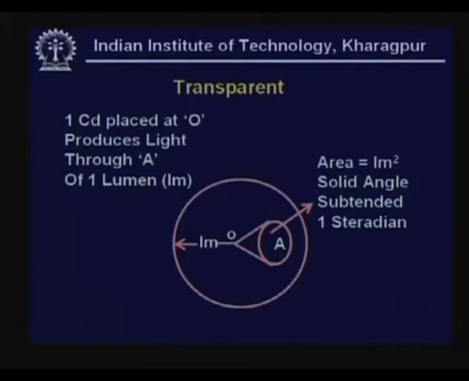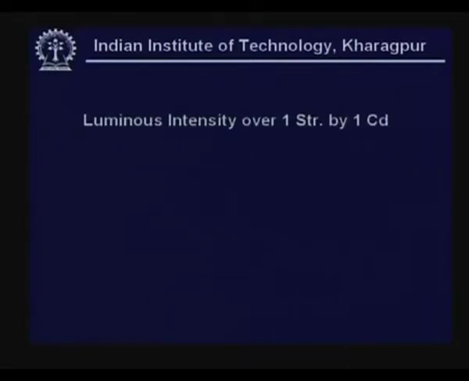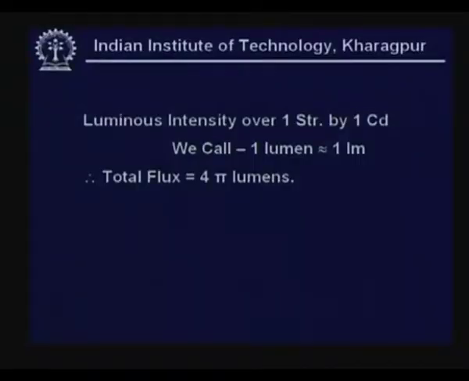Then the normal light output through this 1 meter squared is termed as 1 lumen, and this is the unit of your luminous intensity. Just as the effect of electric charges is felt in terms of the force exerted by those charges on test charges at any point and the normal direction, similarly the light flux coming out of the source is felt in terms of luminous intensity, and it is standardized, or its unit is by definition the luminous intensity over 1 steradian